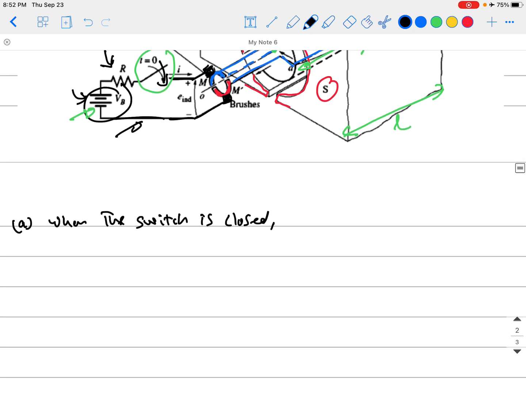So when the switch is closed, the source VB is applied to the loop,